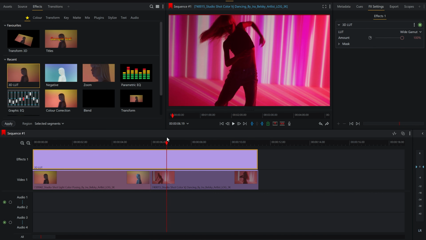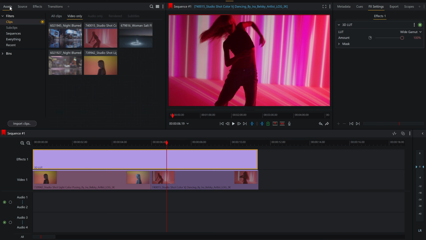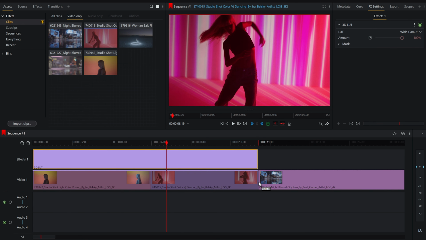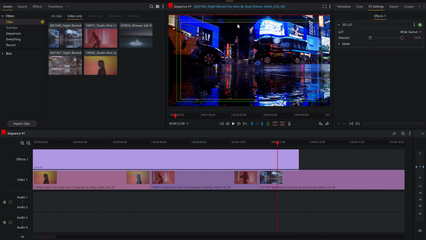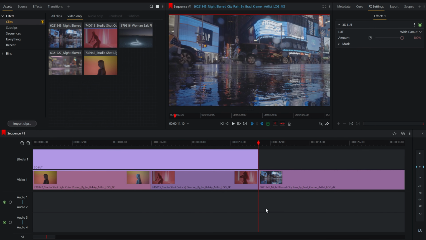But let's say you have a couple of other shots that aren't shot on an RE camera. If we go to assets here, and I'll just choose this shot here, drag that down, and now if I drag this LUT across on it, you'll see it's just a bit too contrast. It's a bit too intense for this camera, because this was shot on a Sony, I believe, so this will require a different LUT. So I can just drag that back, make sure it covers the two shots I want,